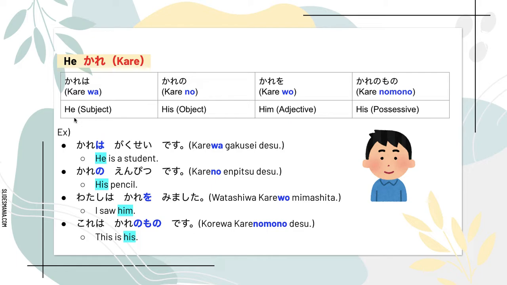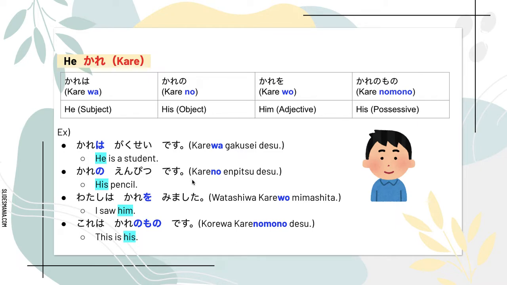So, he would be 彼は。His would be 彼の。Him would be 彼を。His would be 彼のもの。Let's look at the examples. The first one is subject sentence. He is a student. He is 彼は. So it'll be 彼は学生です。